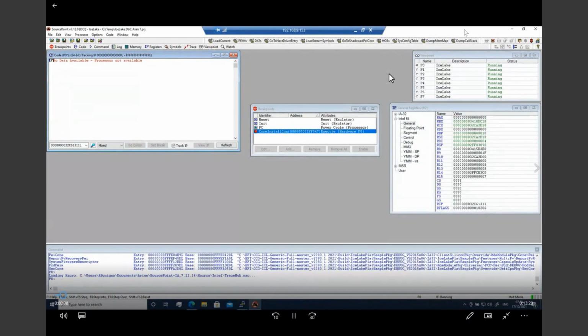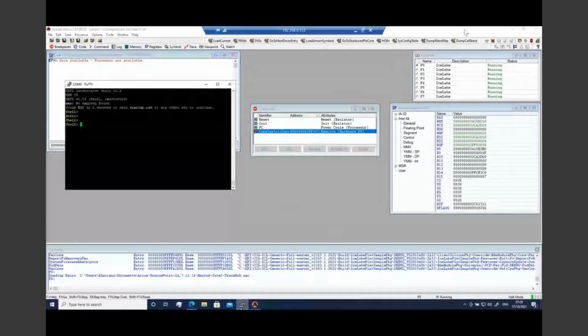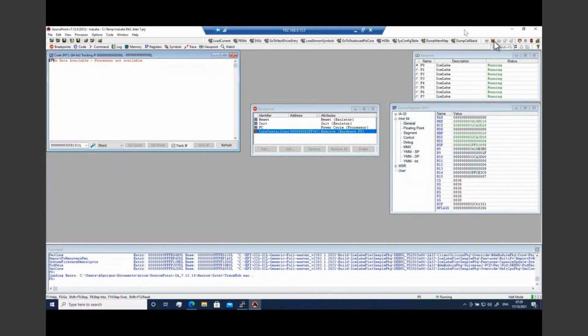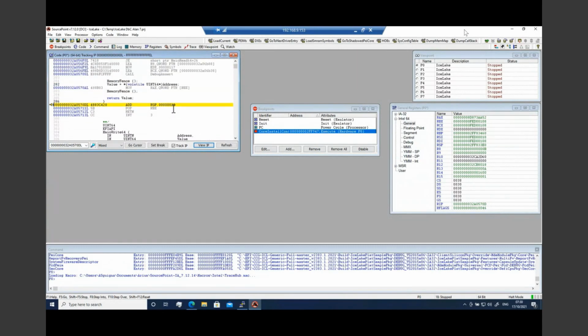So what you're seeing right now is the debugger connected to the isolate target. You can see from the viewpoint window that the target is actually in a running state. We haven't halted it yet, and we're switching over to the serial console. The PuTTY, you can see the shell as we're sitting in the shell. So I'm going to halt the target, excuse me, and